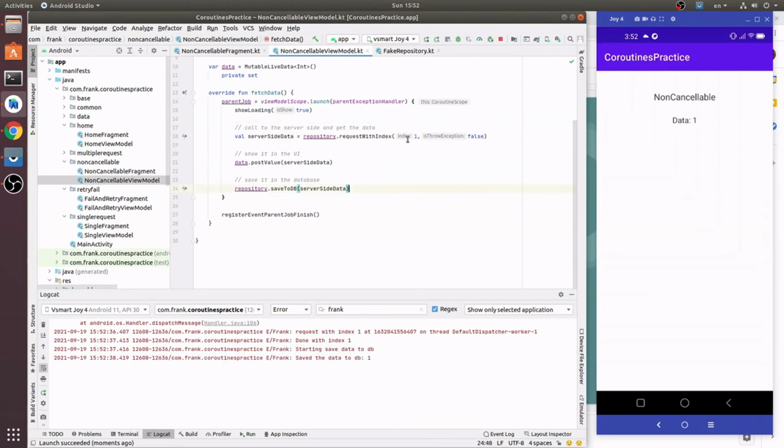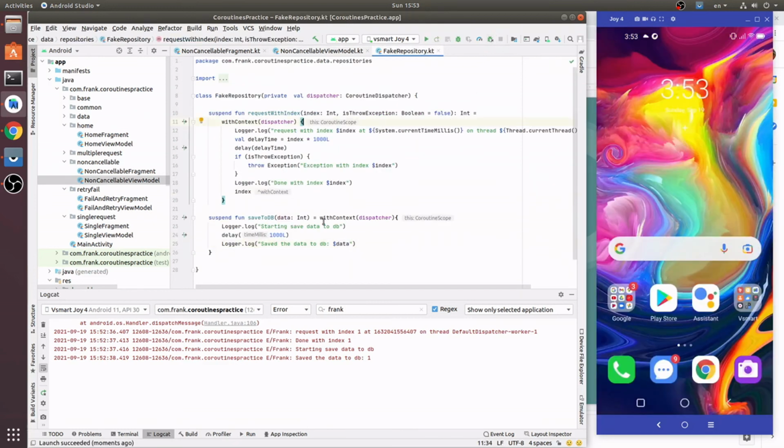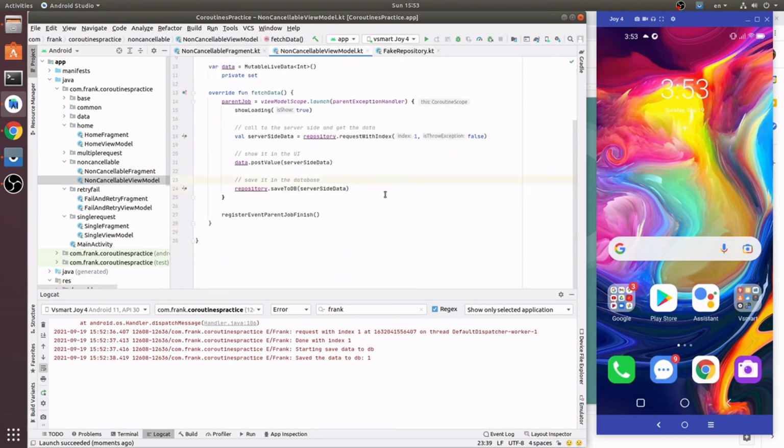But we have another example, when the save to db function takes a long time. Maybe it will take 3 seconds, and when we are saving the data to the database, the user clicks the back button, and what happens